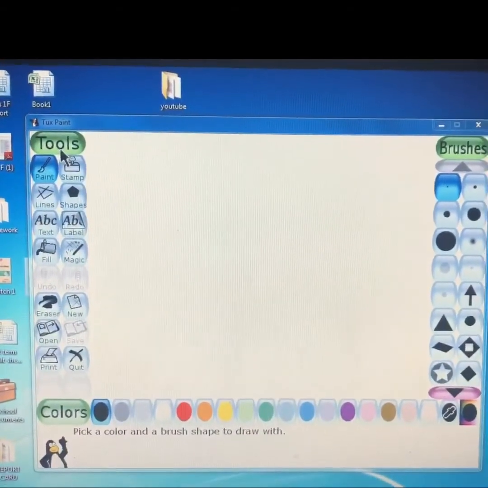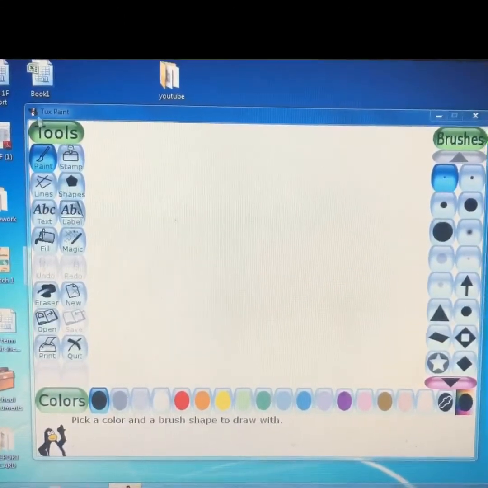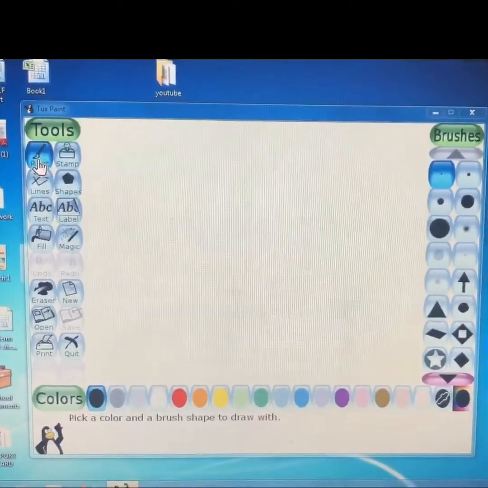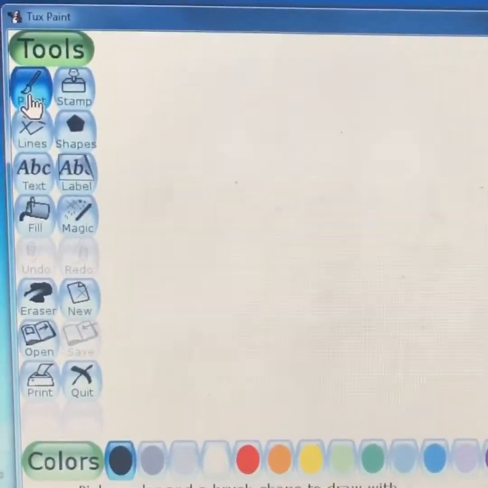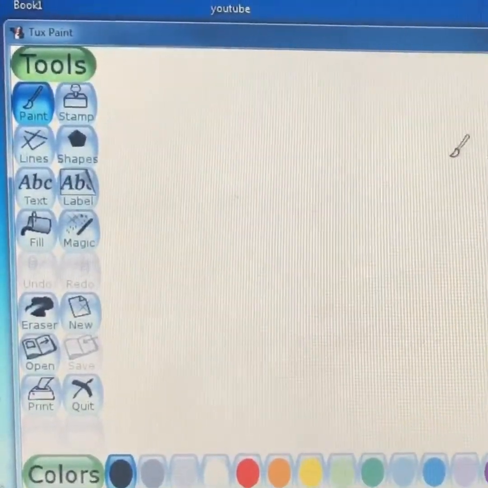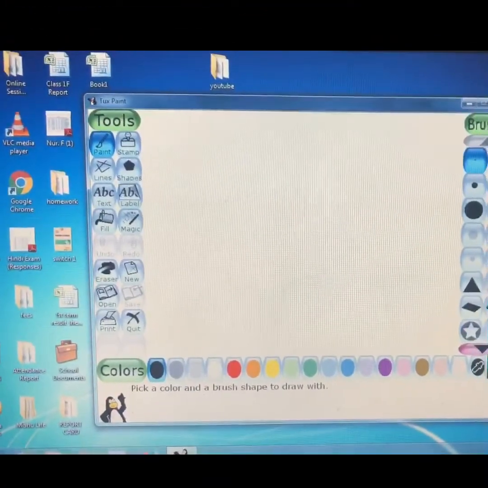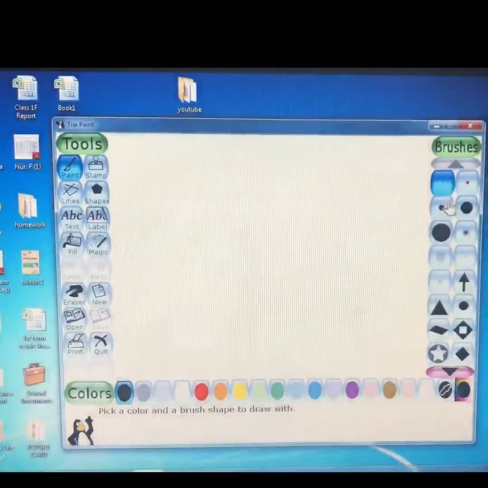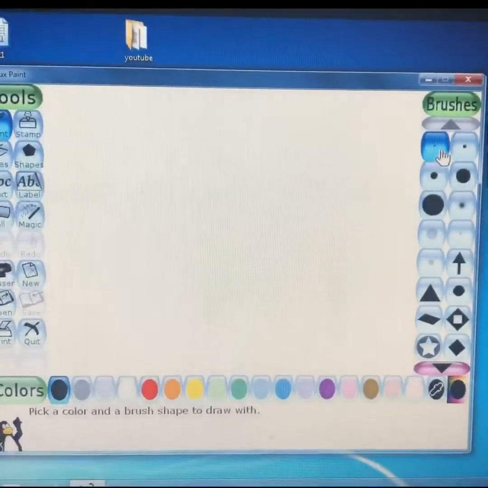Now this is the toolbar. Here is the option of paint. We will click on this. Okay. Now here is a selector. Here are the brushes. You can choose any size of the brush.